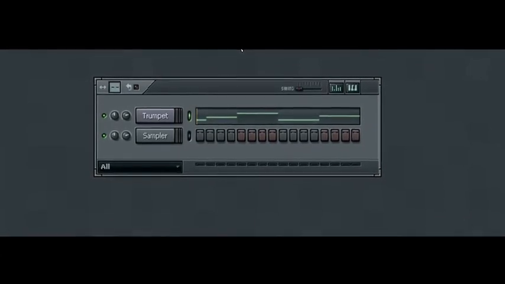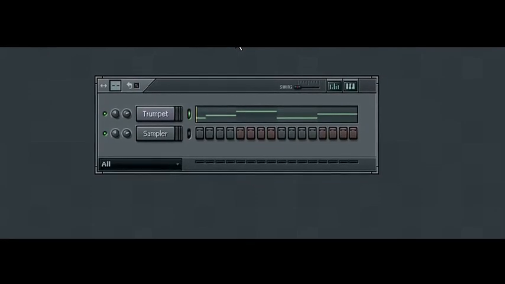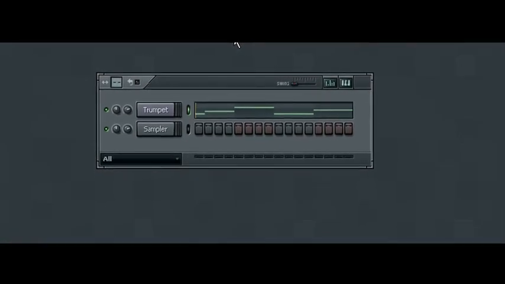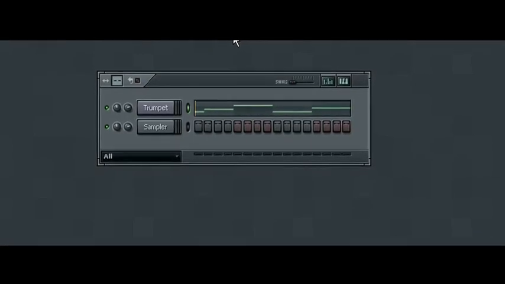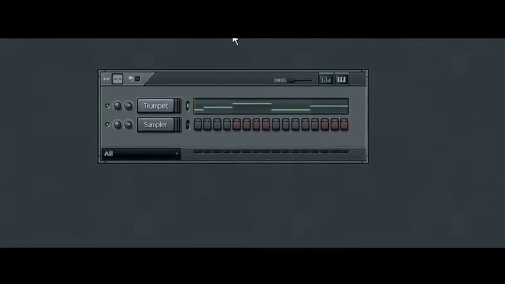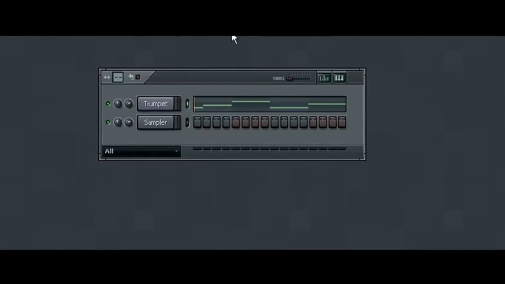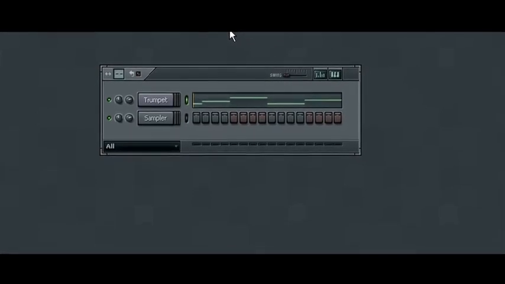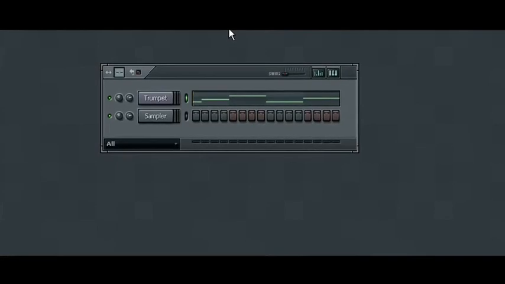You could do that before with the little pattern bars, but you couldn't see exactly what notes were playing, so it was more just guesswork, and it oftentimes led to the project getting muddled or off time. So now we can place a pattern in the playlist wherever we want, and then we can edit it and chop up patterns as well, which is great because this means you no longer have to create whole new patterns